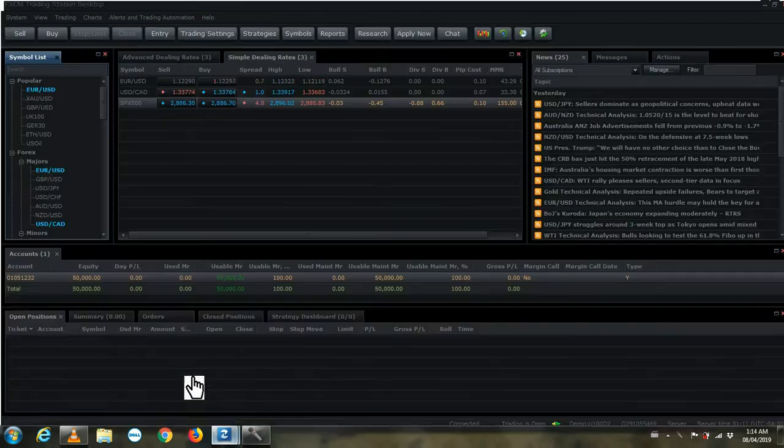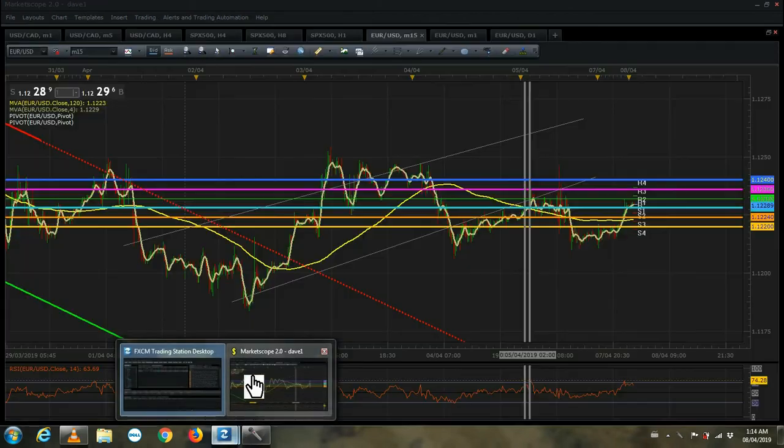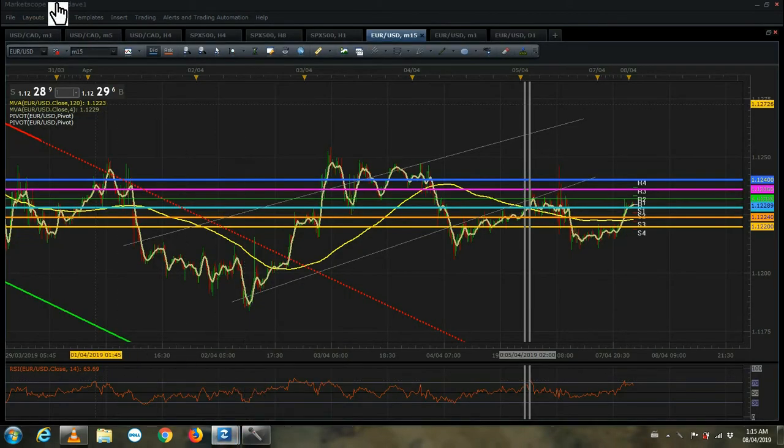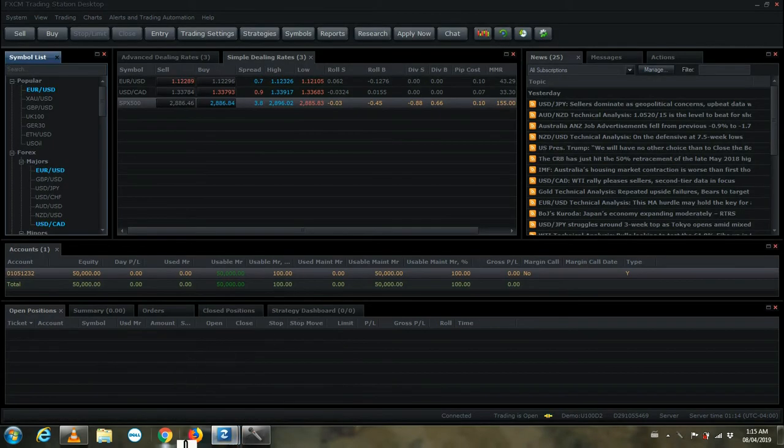Now, I use a free trading station to set up my charts. It's FXCM Trading Station. I've been using this for like ever. They call it MarketScope 2.0. I'm not sure if it's still free, but I go to the UK to get a demo account, and basically it's pretty easy. You just